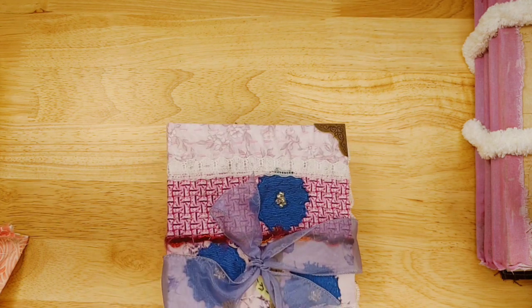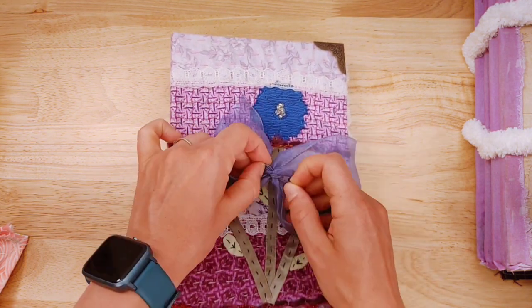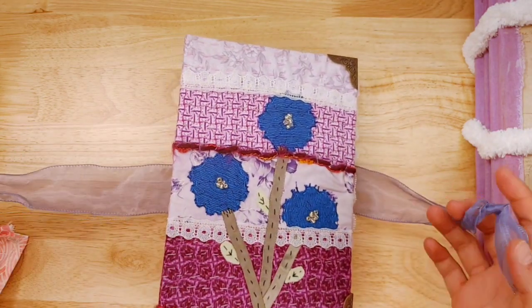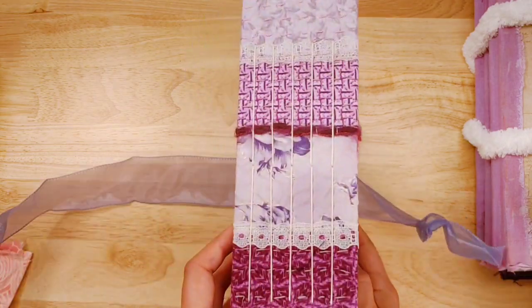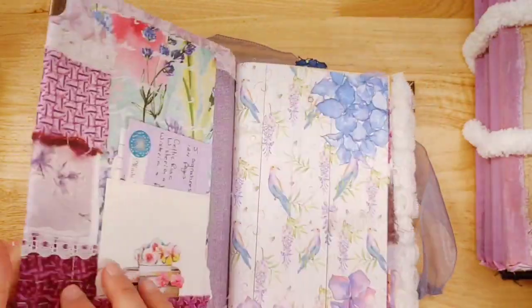We're going to start with this beauty. Isn't that beautiful? Let's learn a little bit more about this journal. These are available in the marketplace section of my website. Look at that. Stitched on there. 5 signatures. Some dangles. So this is from